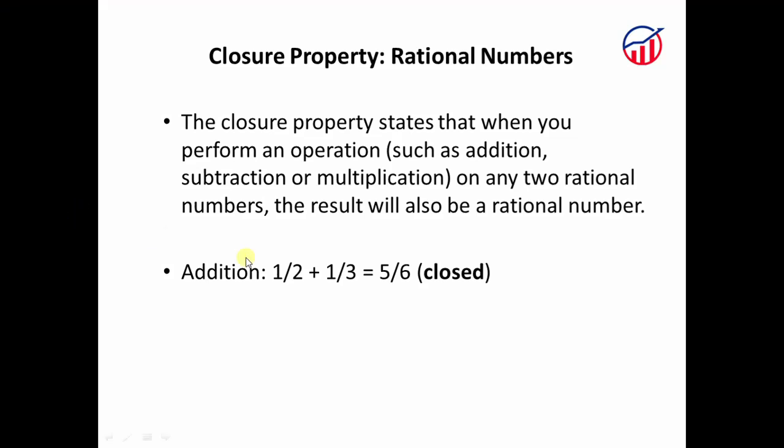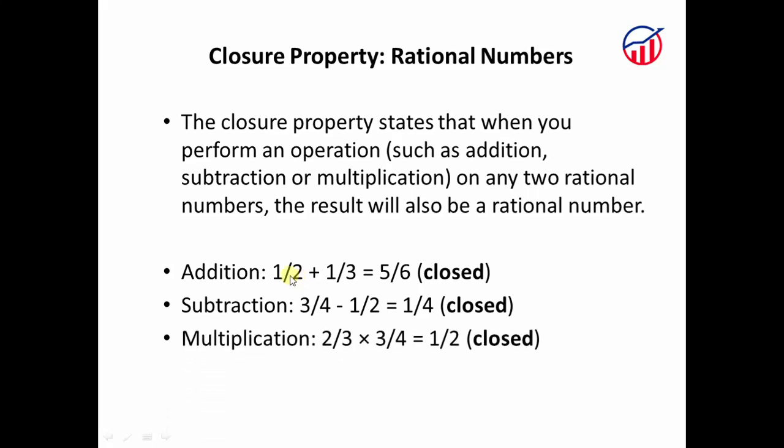So here the addition property, when you solve this half plus 1 upon 3, you get 5 upon 6, which is a rational number. Hence you would say that this is closed for addition. Next we move on to subtraction. Subtraction, you have 3 upon 4 minus 1 upon 2. So when you solve this, you're going to get 1 upon 4, which is again closed for subtraction. Let's check out the multiplication. We have 2 upon 3 into 3 upon 4, which you are going to get as half, which is again a rational number. Hence you're going to call it closed for